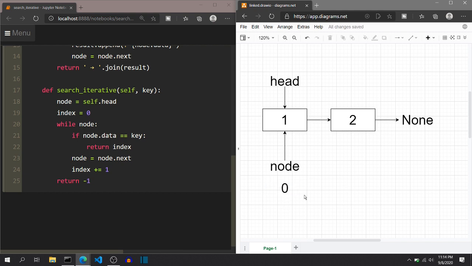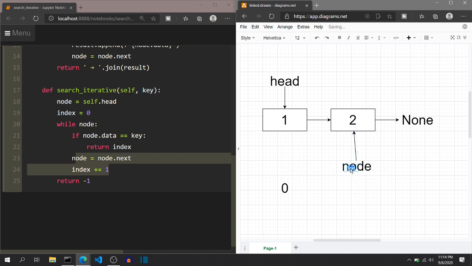So it will be initialized as 0. While there are nodes in the linked list, yes, node is not None, but if node.data is key, the condition will become false and it will proceed with these two statements. So node is node.next, so this arrow will now point to node 2, and index will be incremented by 1. So 0 will become 1.